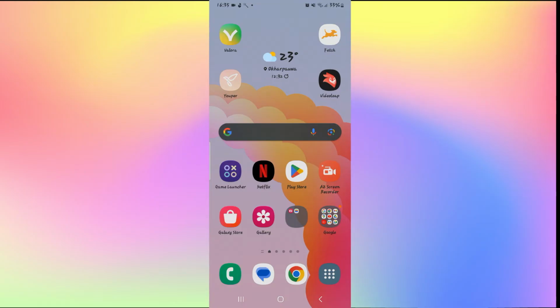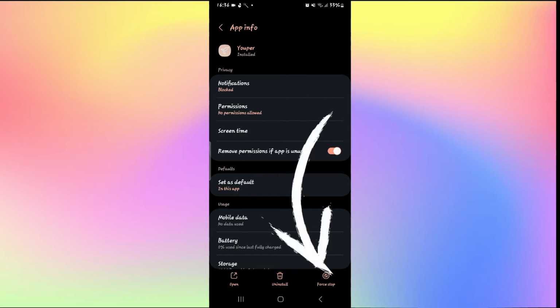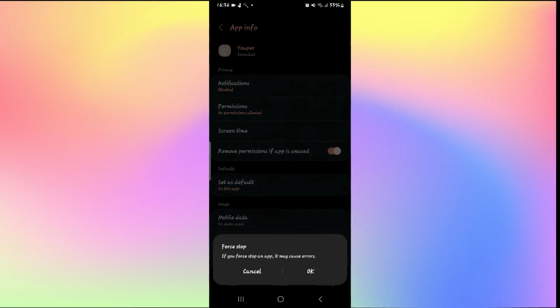So in order to prevent this, simply long press on the Youper application and then tap on the info icon at the top right corner. This will then take you into the application info page for the Youper app. Now from this page, tap on the force stop button at the bottom right corner and then tap on OK